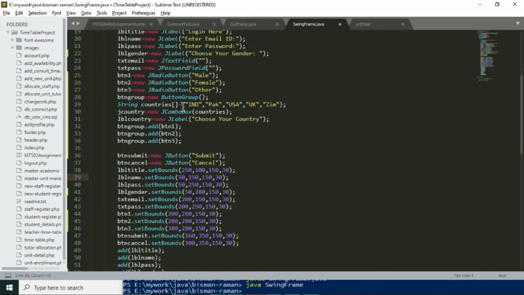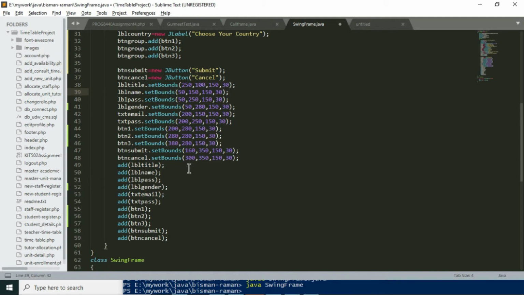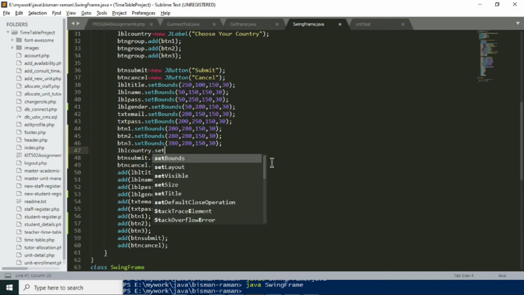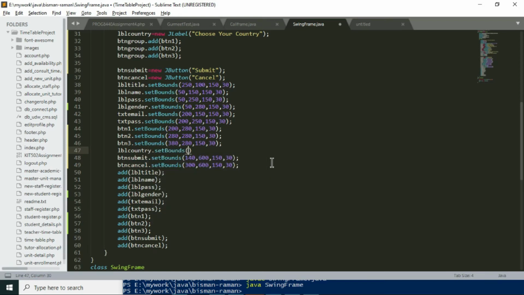So I'll move the buttons to some lower part. I'll move it from 350 to something lower, so that I can get some space. I have to set the bounds for these new options. lblCountry will be placed at 50, 200, 150, 30.